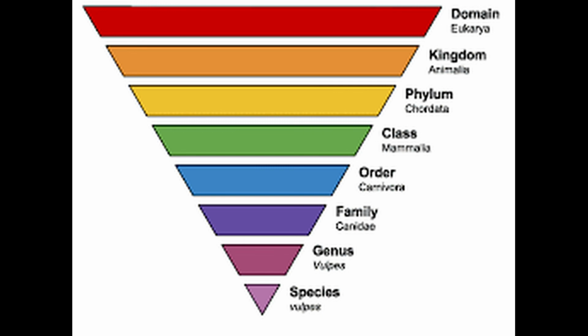Thus by separating organisms on the basis of hierarchy of characteristics into smaller and smaller groups, we arrive at the basic unit. The basic unit of classification is known as the species. We can define species as a group of organisms that are similar and can breed and perpetuate. That means a group of organisms which can breed between themselves is known as a species.